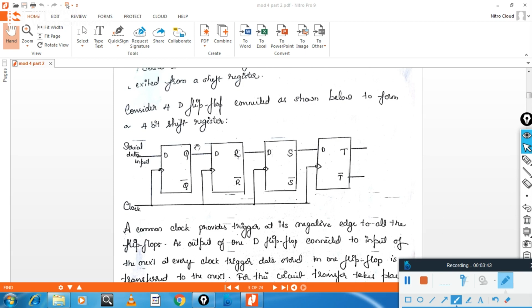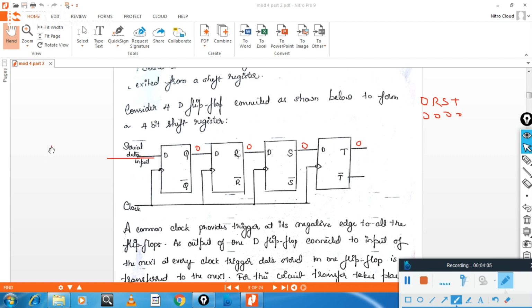Initially all are 0, that is, the Q, R, S, and T outputs are 0. And I am giving data from here.